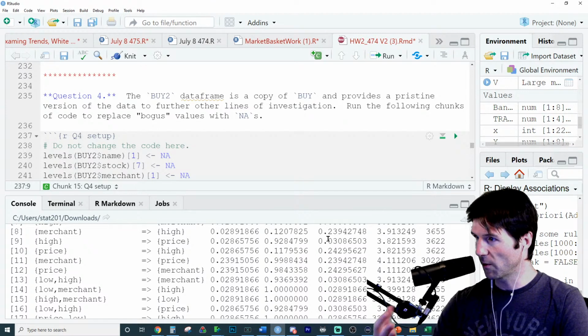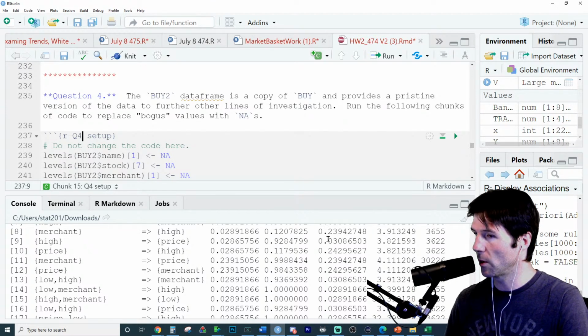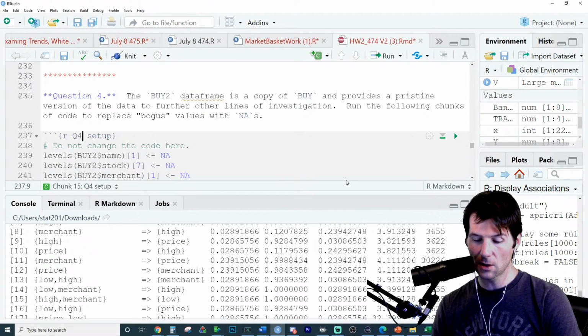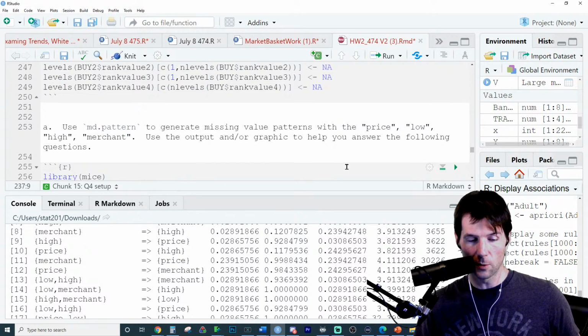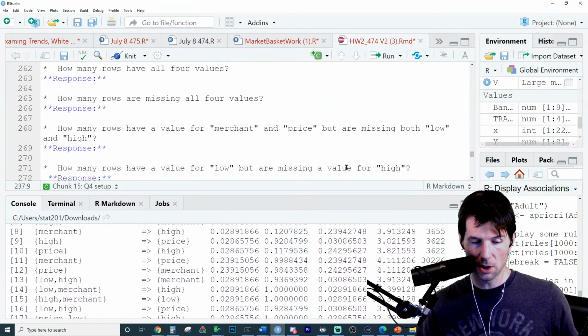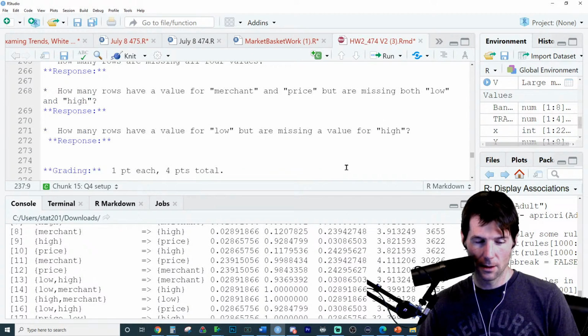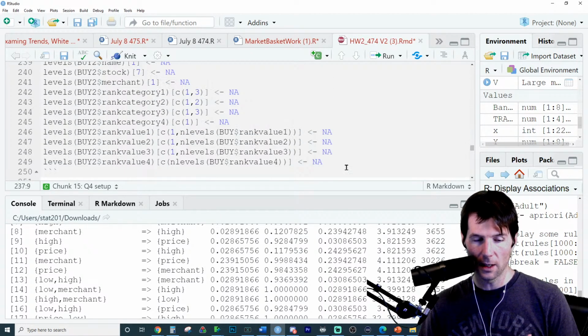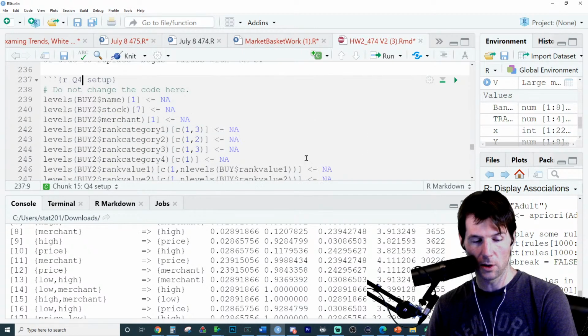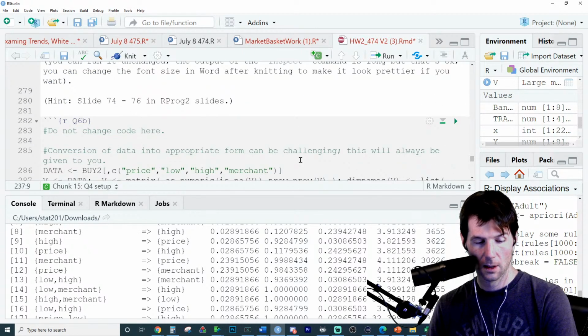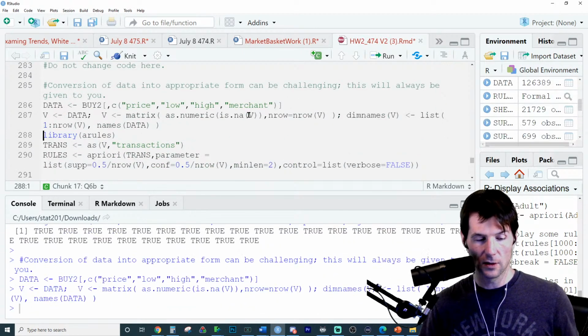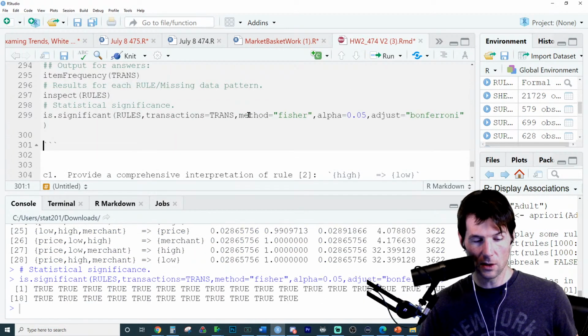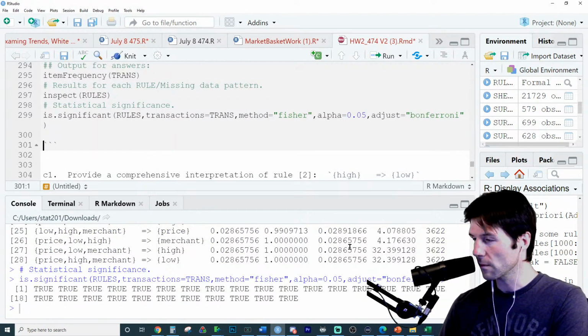Yeah, let's talk about this. This is question number 4 we're talking about right here. I'll probably have to put a global question number 4 on here. When it comes to statistical significance, we'll run the statistical significance of the rules again. It's kind of a basic question, but there's really no way to answer this without answering this. Where are you at, question 4C? Come here. So when we talk about statistical significance, the idea of statistical significance, and we see it right here,